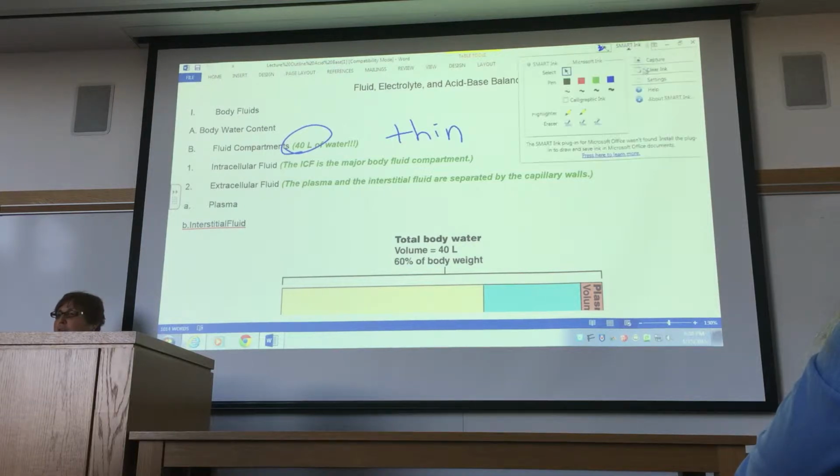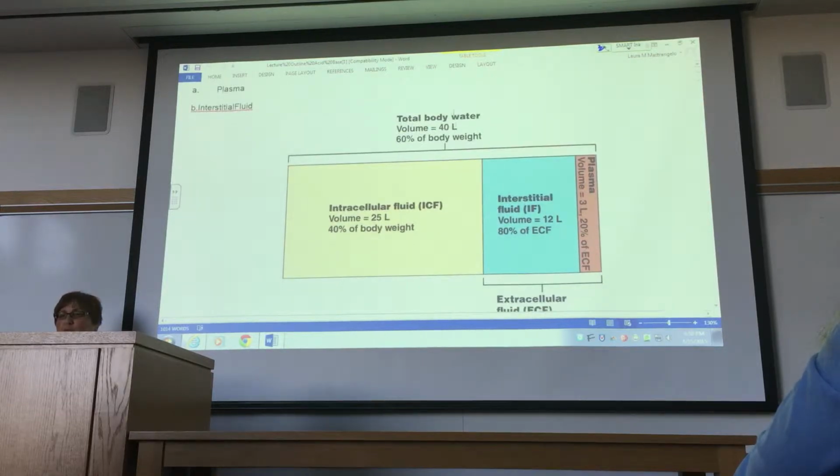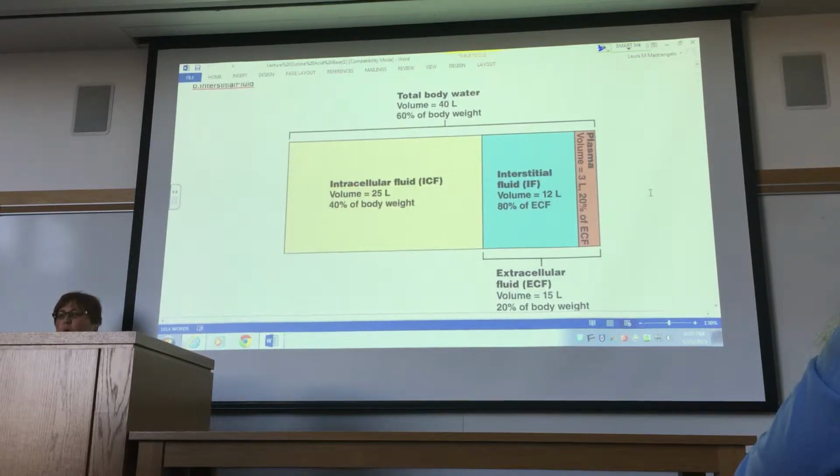And I know that you know the difference between intracellular versus extracellular. Intracellular is inside the cell, right? Extracellular is out. So if you have 40 liters of water, most of your water is inside your cells, intracellular. Okay? And then extracellular fluid would be the other whatever percent, okay? But most of our, 40% of my body weight,